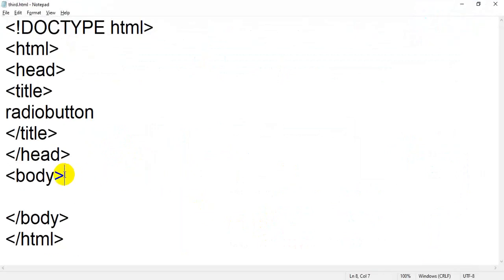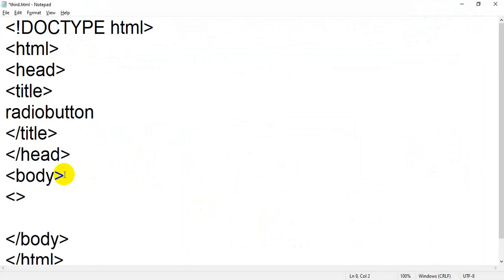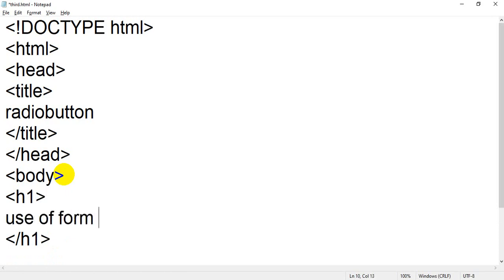We have seen input type equal to, where type is an attribute of the input tag. So I am going to add one more tag, the h1 tag. What is the use of the h1 tag? You know, it is the first heading, the highest heading. So I am going to write: use of form and input tag.